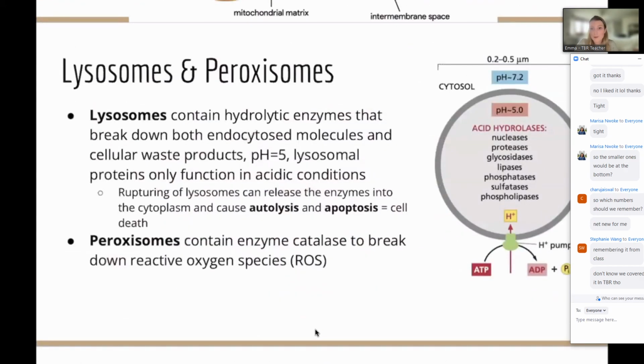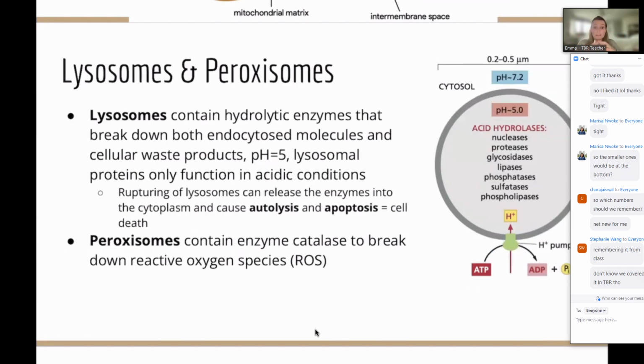Next, other membrane-bound things are lysosomes, which we've touched on a few times. Basically, think of them as little stomachs within your cell. They are going to be super acidic, just like our stomach. Their goal is to break down different things. Sometimes it's waste. Sometimes they're breaking something from a bigger molecule into smaller molecules. Sometimes they are formed around poisons and are going to be able to release them.